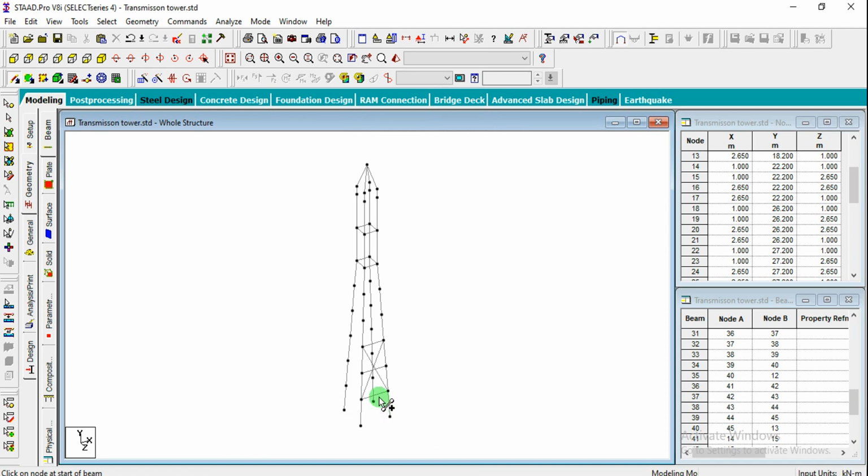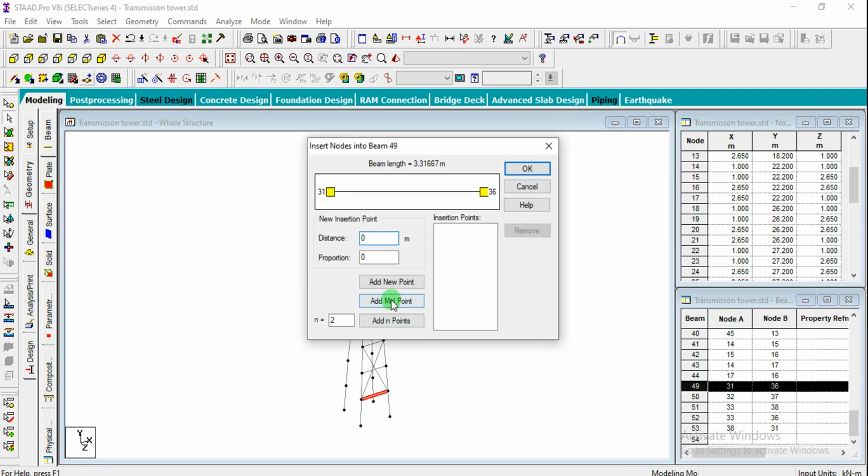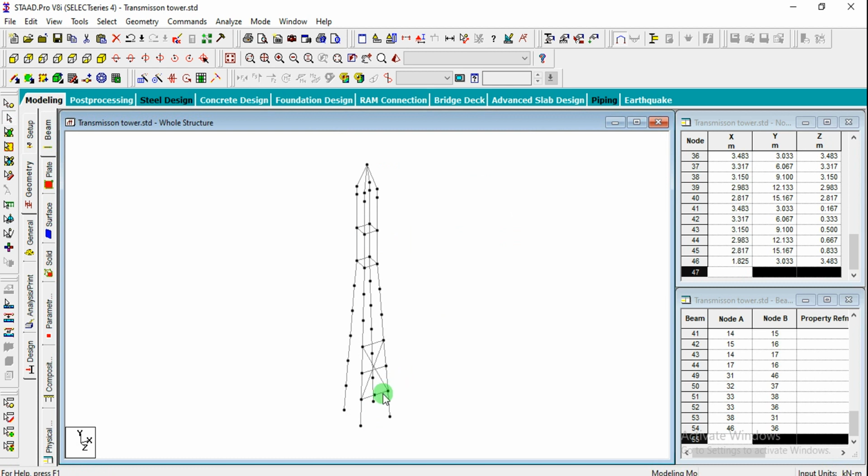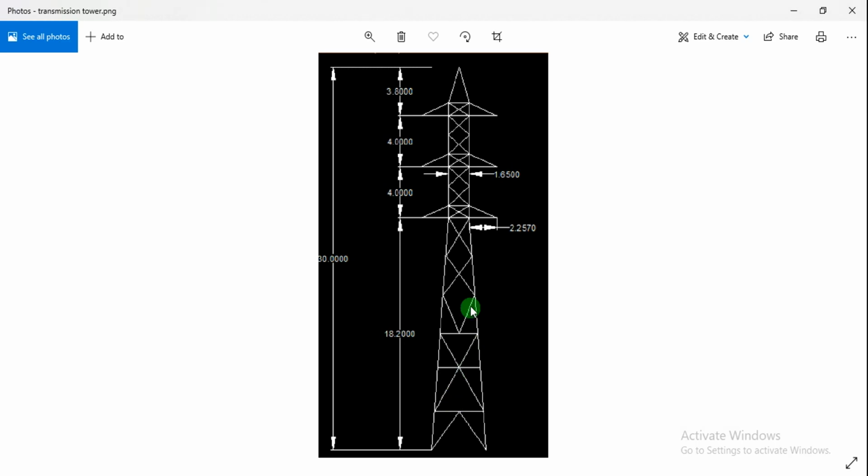So this part is covered, and here we need to get this inclined member. So we have to divide this beam into 2 parts. In order to divide that beam, simply select that, go for insert node, and you can add a midpoint here, click on OK, and automatically a midpoint has been added there. Okay, so we can go for add beam now, and we can simply connect from this point and again from this to midpoint. So we have completed till this portion, and we need to join these crisscross members.